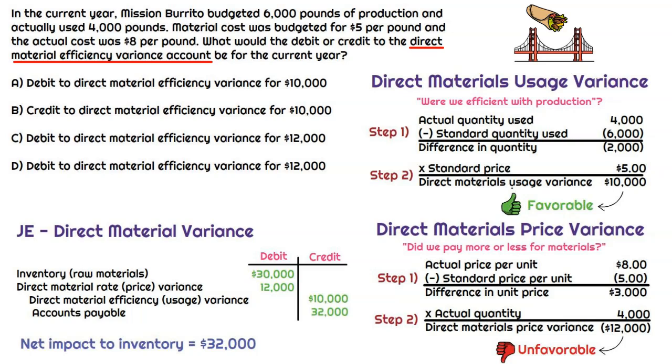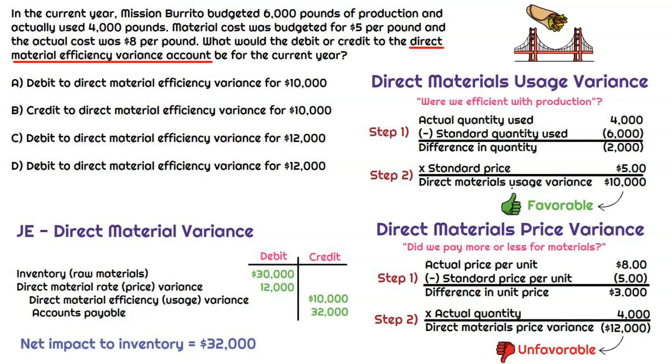And we have to pay our suppliers or vendors, which will be done in a subsequent period, right? But for now, we'll just credit accounts payable for $32,000. So basically, the total impact to inventory when we net out these three accounts would be an increase with a debit, net debit, for $32,000, and then we're paying our suppliers or vendors $32,000, and that's why we record it